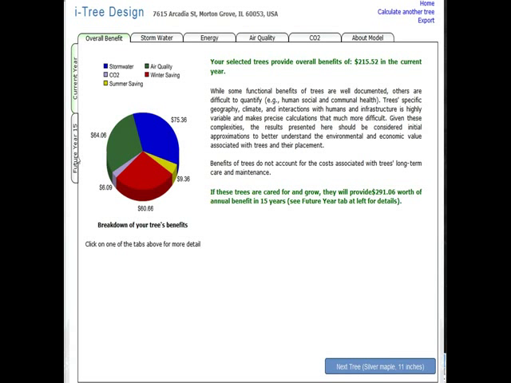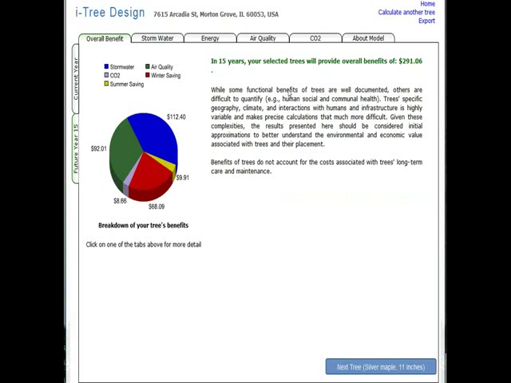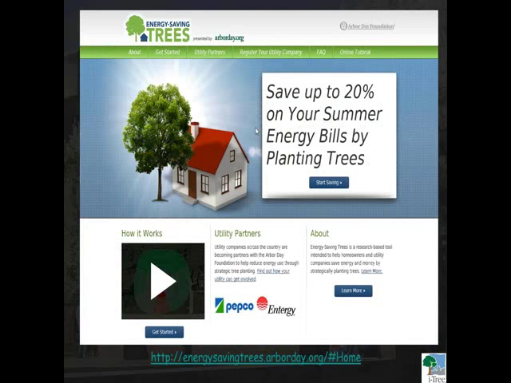And you see here to the left there is this tab for future years. So we can also look at the benefits projected out. What are those trees going to provide in terms of benefits 15 years out? And so this is a tool that has been adopted by Arbor Day Foundation, working with a number of utilities